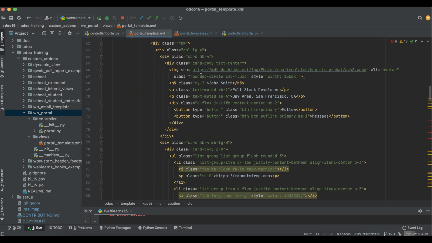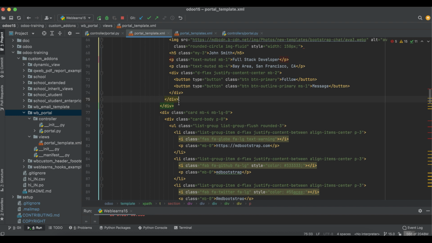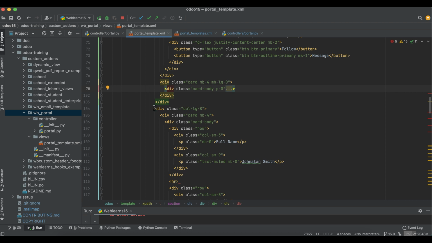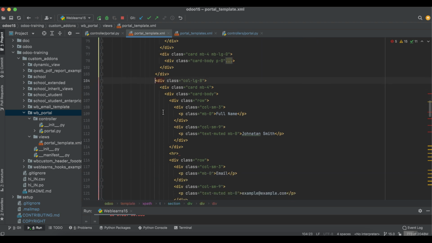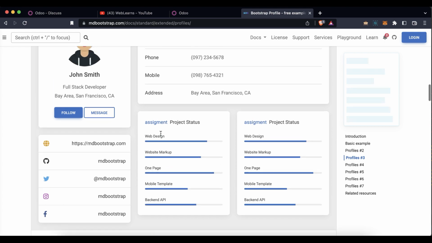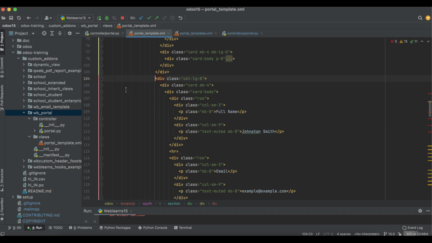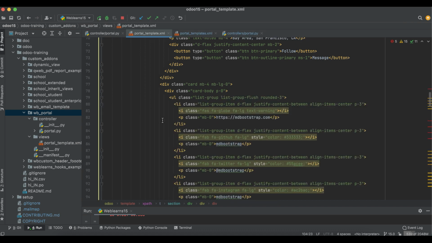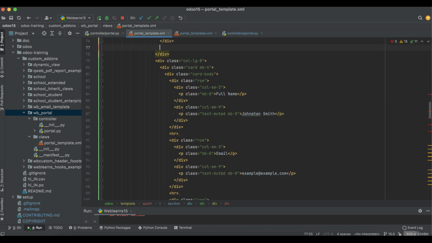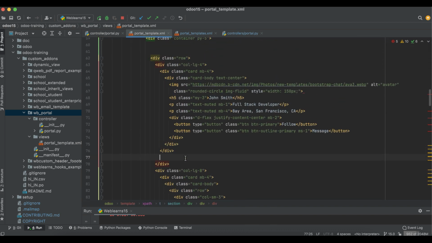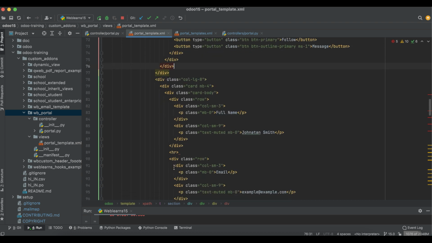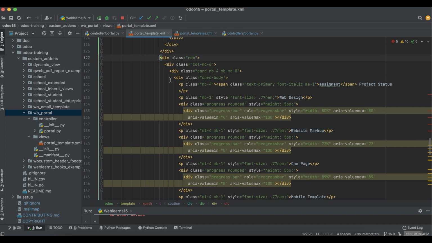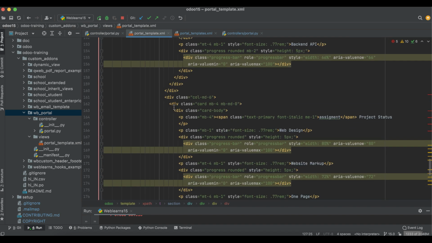So this is the student profile. This part I will remove from here. After that, let me remove this